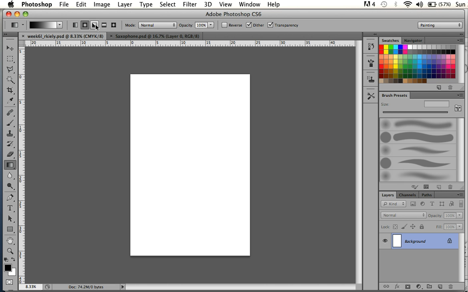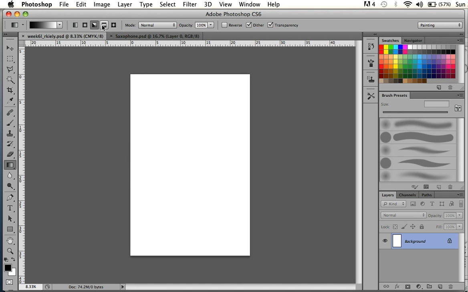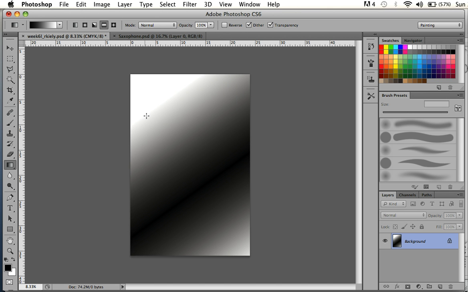Then I can try this one, and if I hover over it, it'll tell me it's the angled gradient. It's like this kind of square radial gradient. It looks like this. Control Z. And then this one over here is called the reflected gradient. This is the one they use in the book. So it goes from one color and then it changes in the